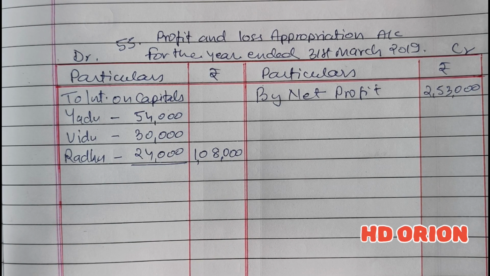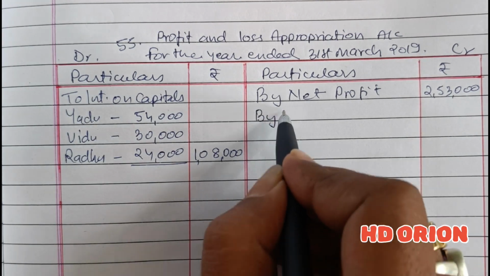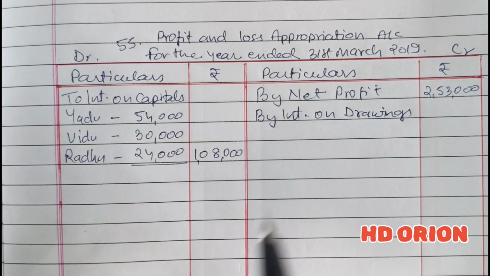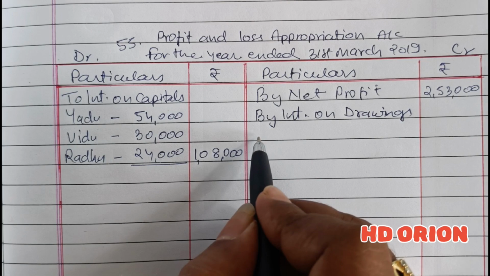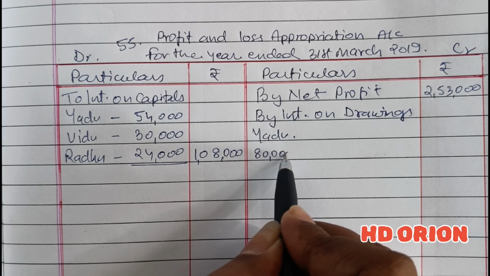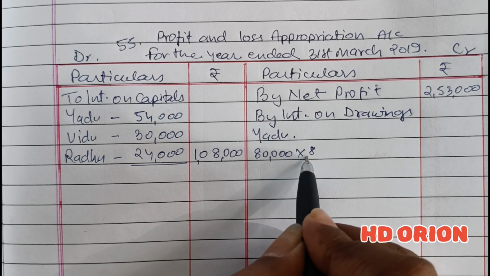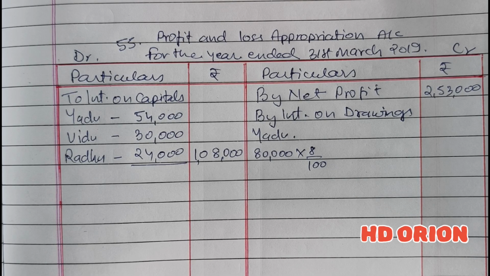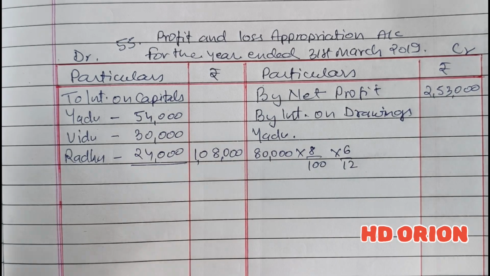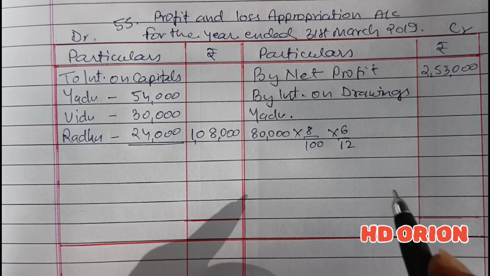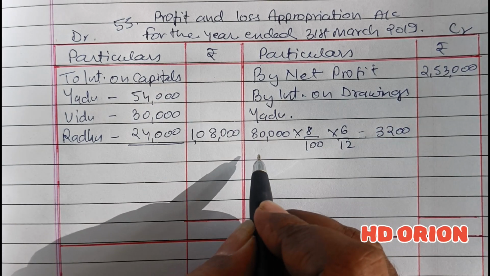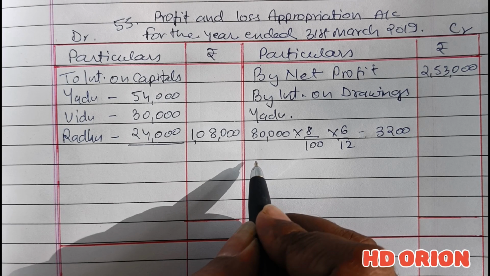Now the second thing for profit and loss appropriation account is interest on drawings. And the amount of drawings are given to us. So Yadu is 80,000 and rate of interest is given 8%, but date of drawings is not given. Whenever the date of drawings is not given, we have to charge interest only for 6 months. Now this amount is rupees 3,200, and the second partner is Vidu,